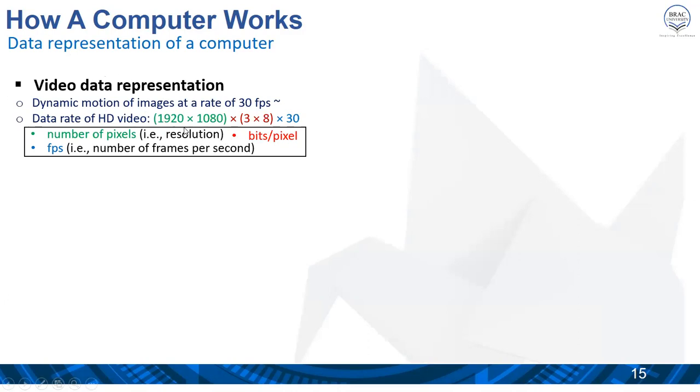Here the green color represents the number of pixels in an image, and the red color represents the number of bits required to represent a color pixel, and 30 means 30 frames of images will be moving in a second.